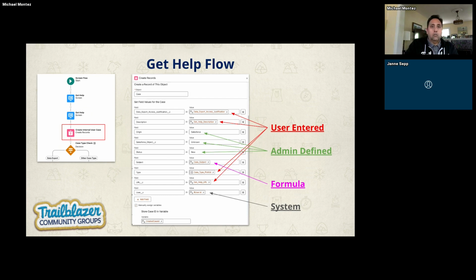Let me just double check. Let's pull it up so I can see it better. I'm going to go ahead and set my case origin. I'm going to set an object as unknown if I don't know it, and I'm going to set my status to new. I've created a formula that actually creates the subject for me so that it's all pre-formatted and consistent